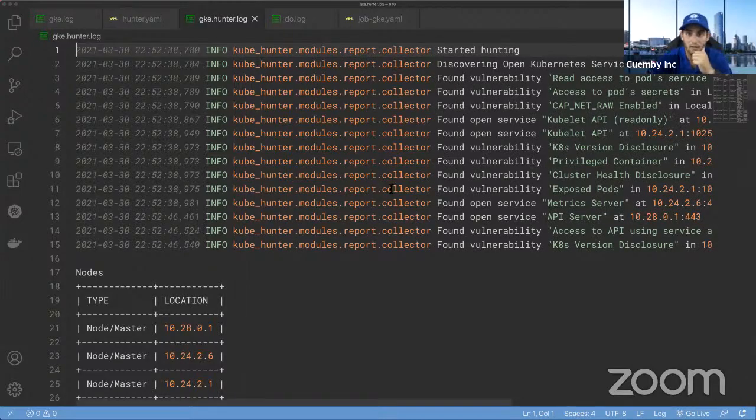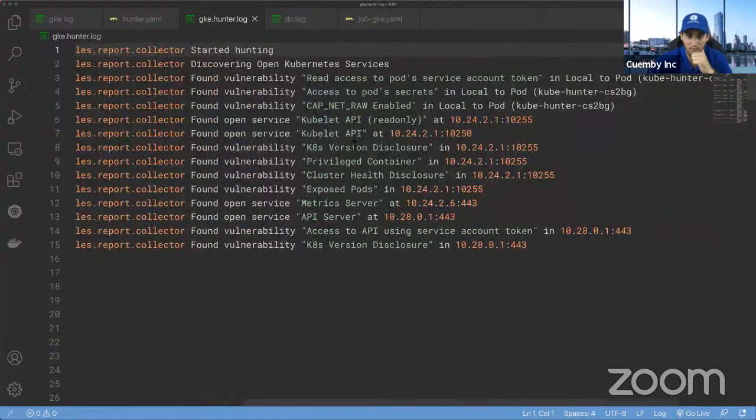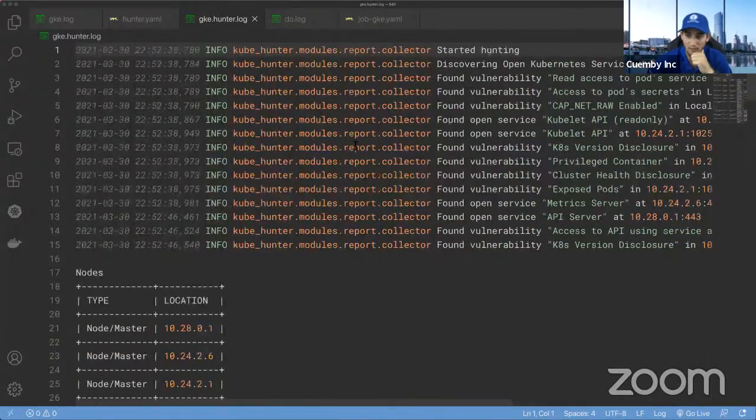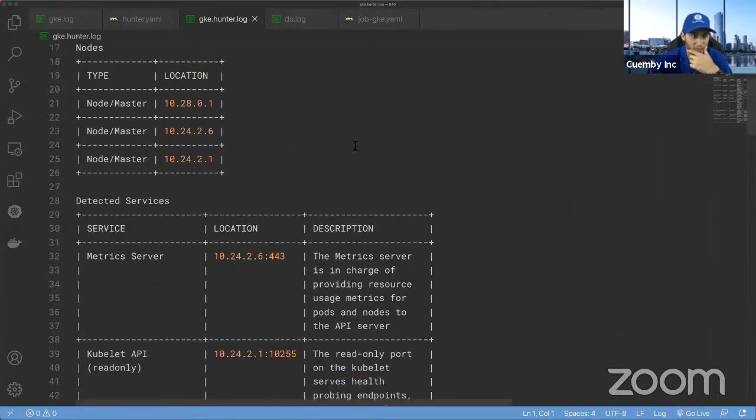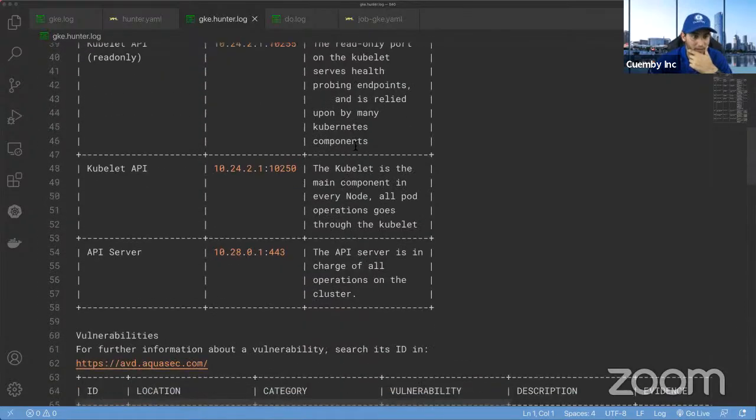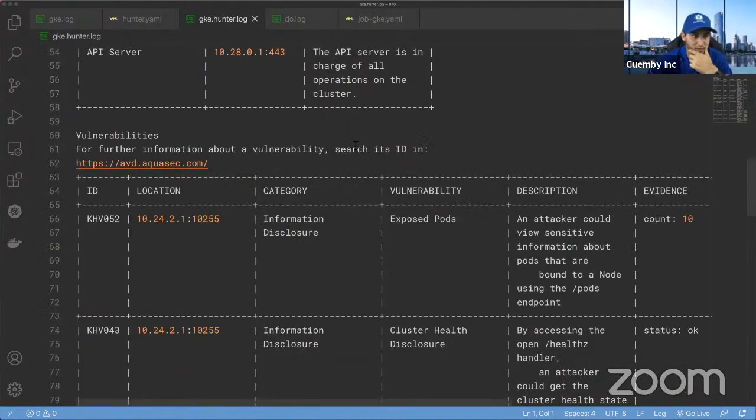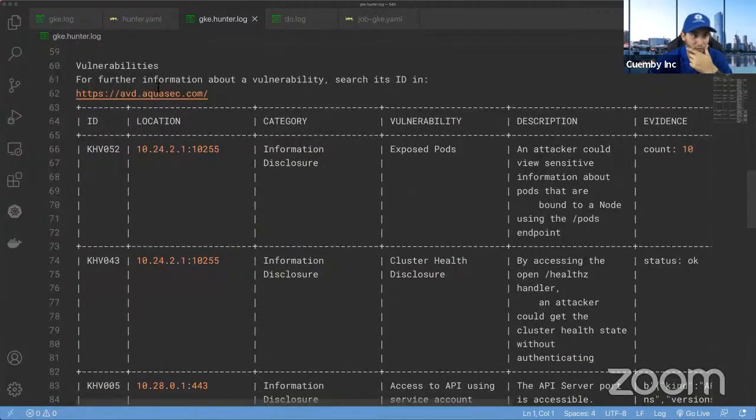Nice. All right, so it gives me a lot of information, pretty much basically telling me everything about my cluster. So don't try to hack it. I'm gonna remove it anyways right after, so don't waste your time. It's telling me some vulnerabilities that it's finding, and this is actually from the GKE. So this is actually vulnerabilities on the GKE side, which is the managed cluster. So definitely, it's pretty cool information.